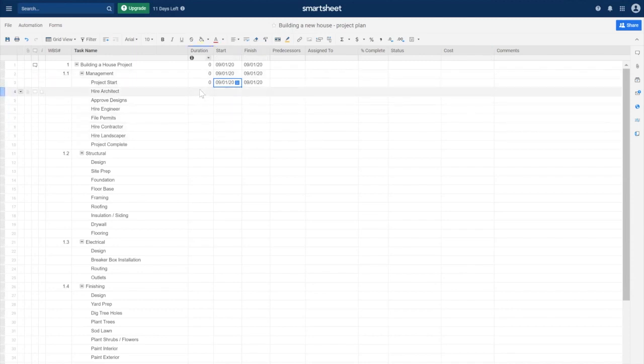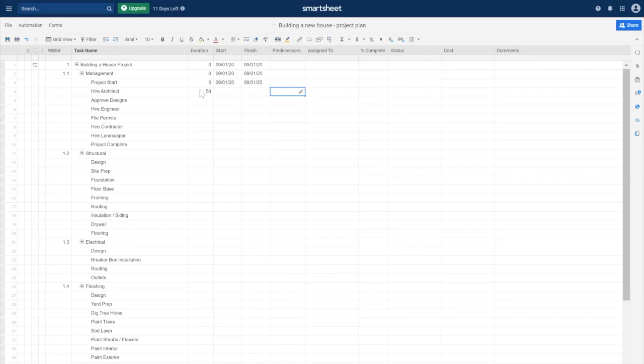Now, once the project starts, that's when we can actually begin doing the work of hiring an architect. If you recall, when we were sequencing the activities and defining those dependencies, that's what we're going to look at now and make sure that they're all entered in here correctly. So we estimated that it will take 5 days in order to hire the architect. Now, we don't need to enter any dates in here because once we get our logic entered, it's going to auto-populate those for us. So you can go ahead and enter 5 days in duration